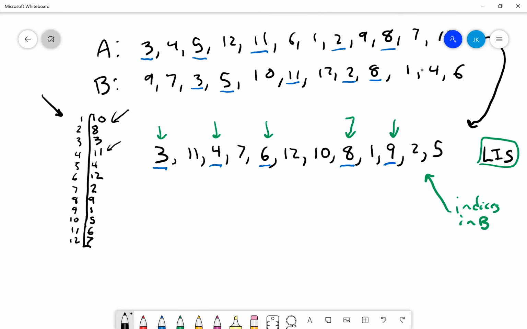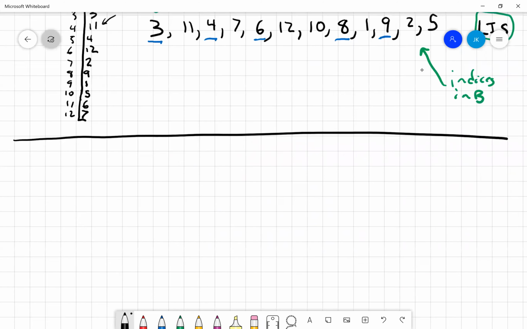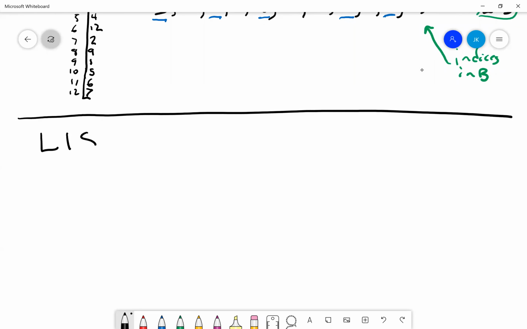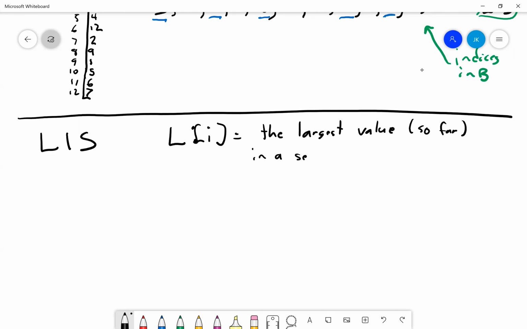Okay, so given all of that, now let me go through the more efficient version of solving LIS in more of an n log n time. The basic idea here is that we're going to keep an array, let's call it L. I'm going to keep track of L, and L of I will be the largest value so far in a sequence